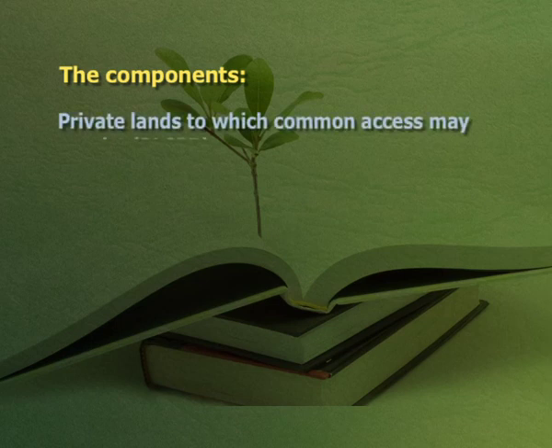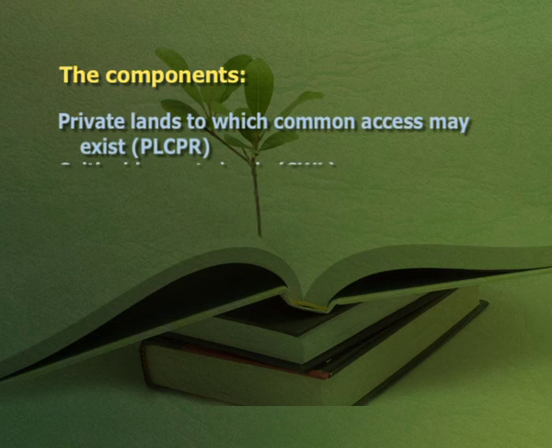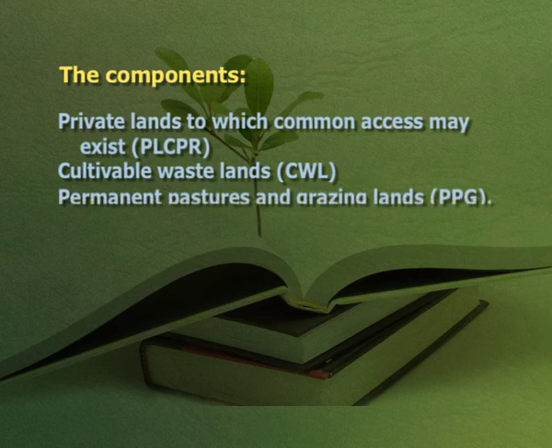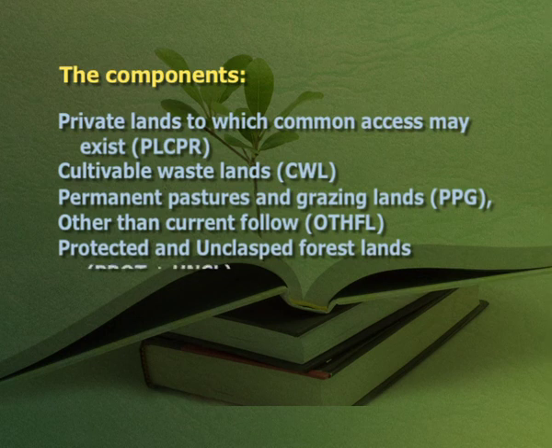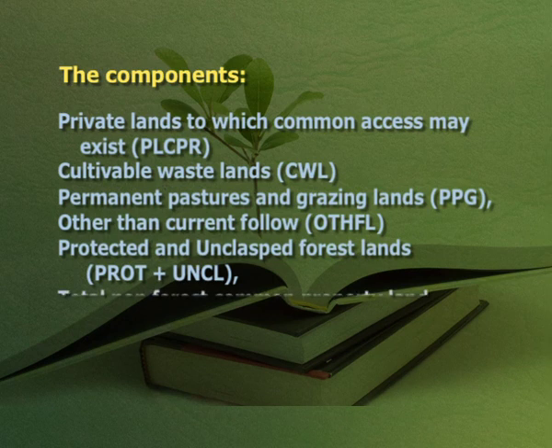The components to be included are private lands to which common access may exist, PLCPR, cultivable wastelands, CWL, permanent pastures and grazing lands, PPG, other than current fallow, OTHFL, protected and unclaimed forest lands, PROT plus UNCL, total non-forest common